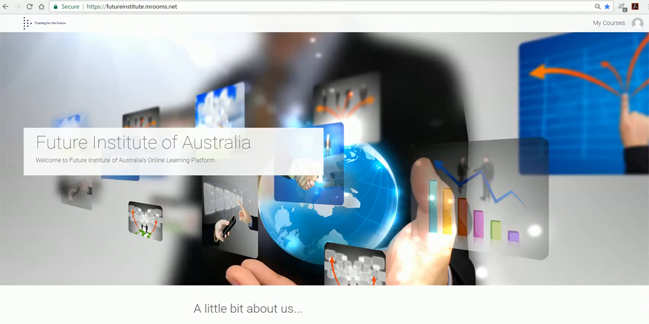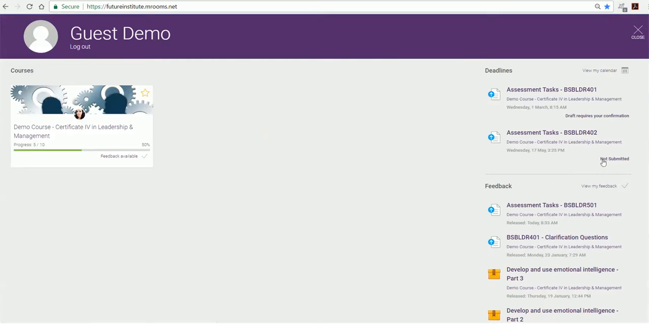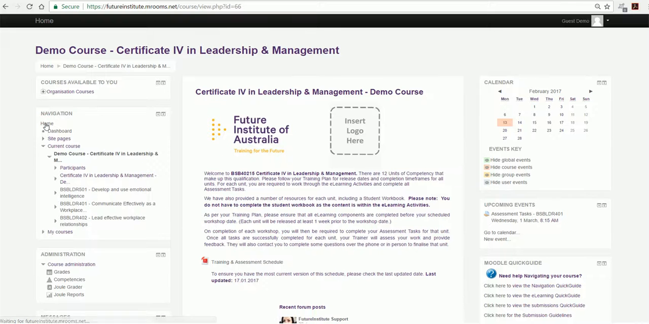This is an overview of the Moodle course format. So once you're logged in, you'll be able to access your courses from the top right hand corner of the screen. Here you'll have a brief overview of deadlines and feedback, as well as direct access to your course. Once you've clicked on your course, this will be the platform where you receive all of your units of competency